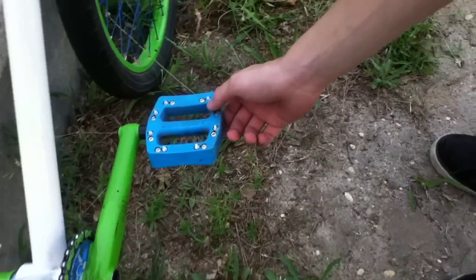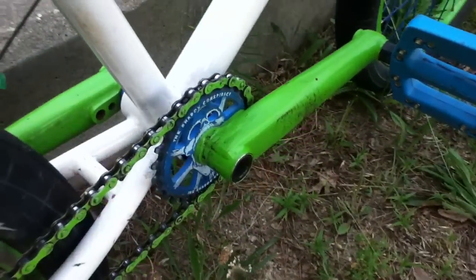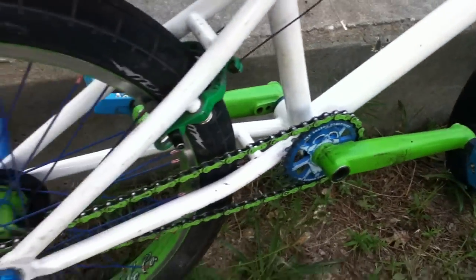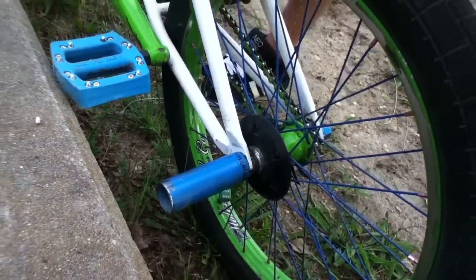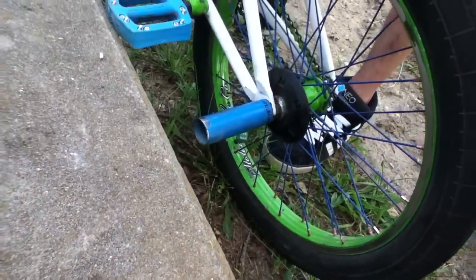Odyssey JCPC pedals. We have the Shadow Conspiracy Scream sprocket, KMC chain, Shadow Corvus bottom bracket, Odyssey G Sport hub guards, Shadow little one pegs,